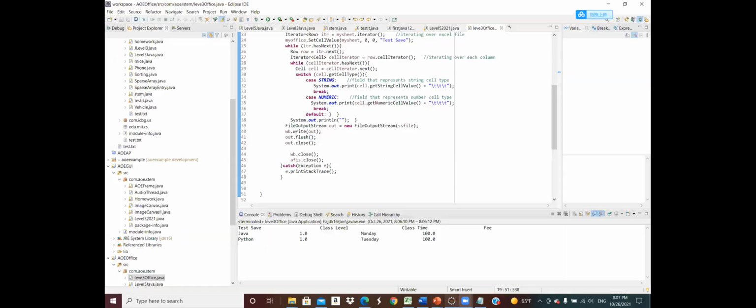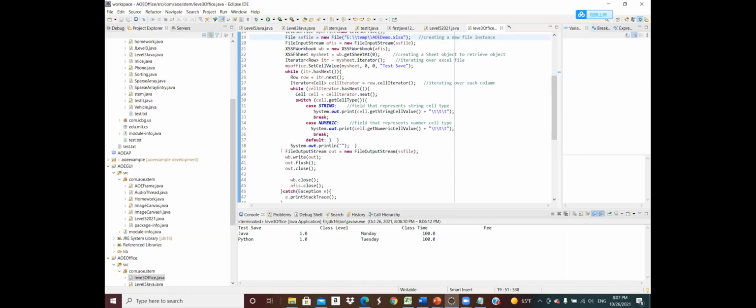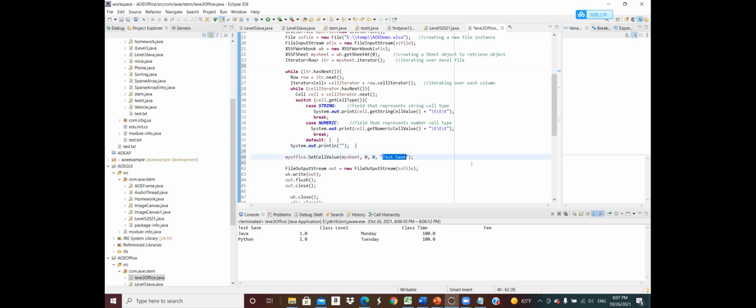Okay, let me show you the code. So this is the code. Actually, this really doesn't matter where you do this. I can put it at the end. Of course, I need to do this before I write out the output stream. So I can put it here. Let me change this to a different string. Let me say